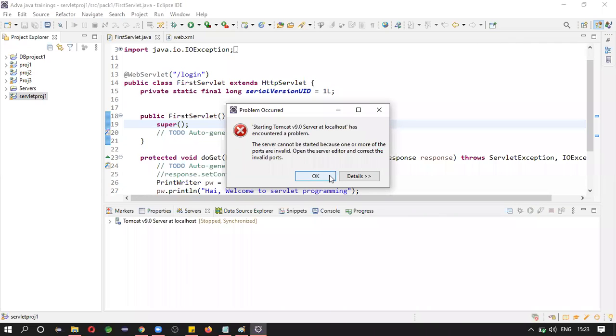No, this is not the same problem. This is regarding port numbers. If you change the port numbers, then it will show you localhost failed.